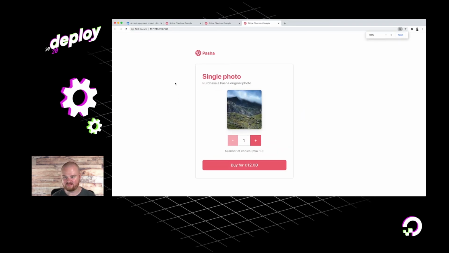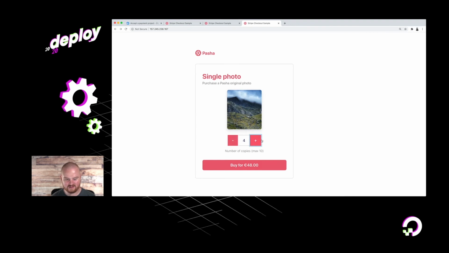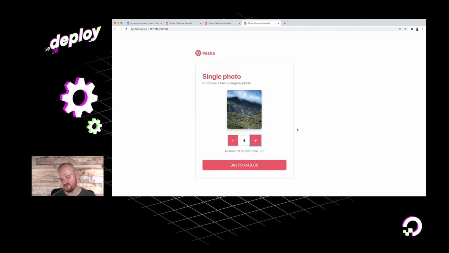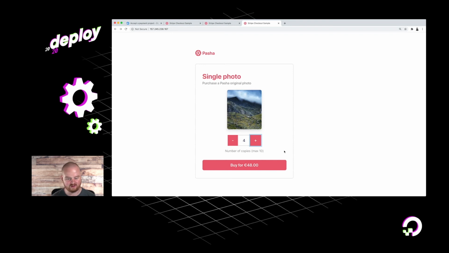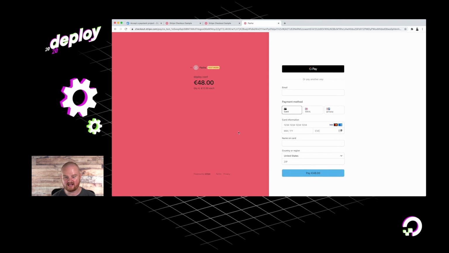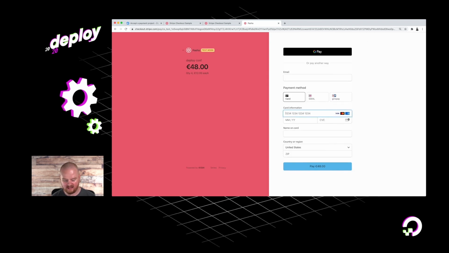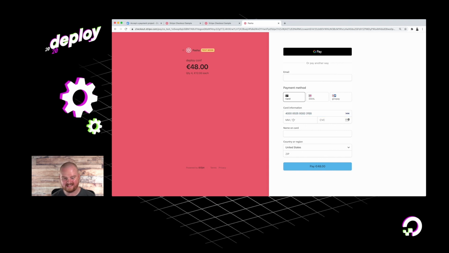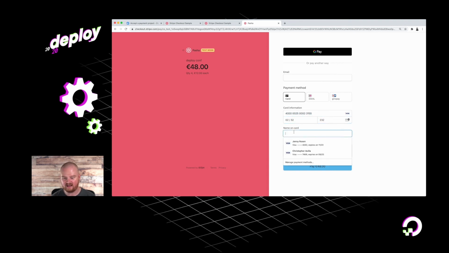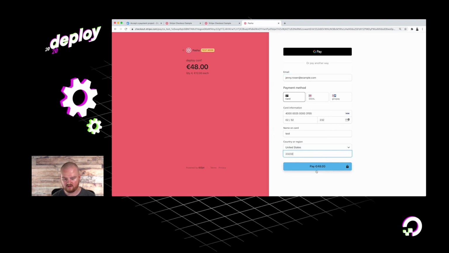All right, let's make this a little bit bigger for the folks in the back. And we will use this button to increase the quantity. We saw on the front end how we have a little bit of a click handler there for that. We'll click buy and redirect to the checkout page. And here, I wanted to demonstrate that you can use one of our test cards for SCA, and that will totally work.